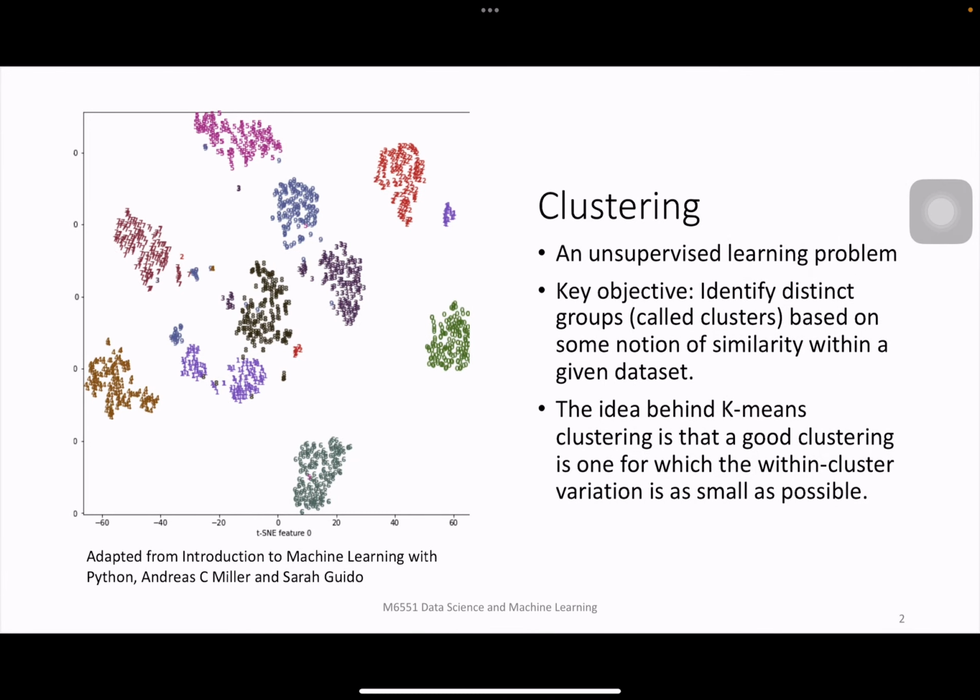Okay, right now we want to share a little bit about clustering. It's an unsupervised learning problem. The key objective is to identify distinct groups called clusters within some notion of similarities within a given data. The idea behind K-means clustering is that a good clustering is one with which within-cluster variation is as small